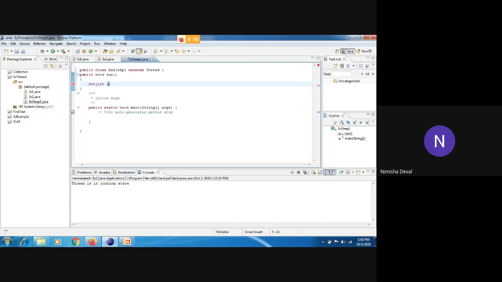Suppose I have taken i equal to 10. Then in the for loop, I will write the